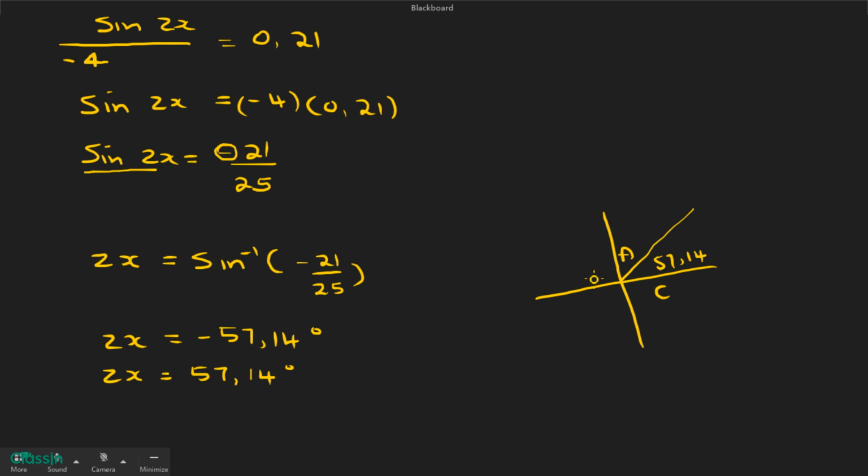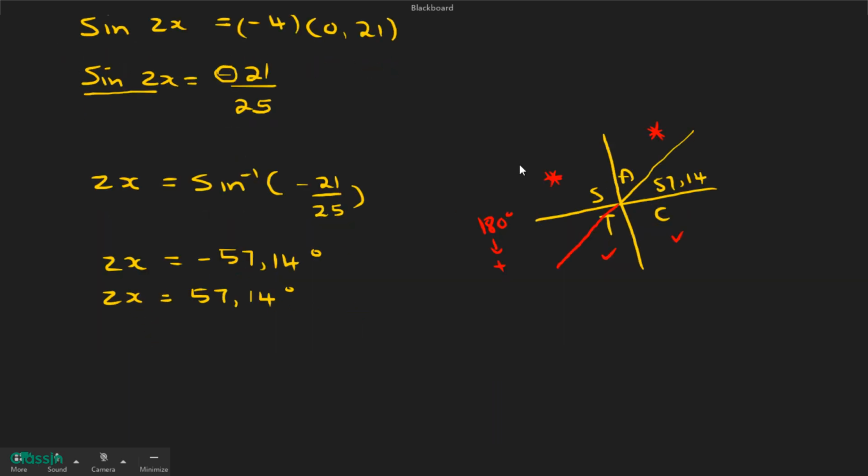According to CAST, sine is negative here and here. So we take 180 degrees, or we are going to add. Because sine is positive on this side, and even on this side sine is positive, so we can't use these two. So therefore, we are going to write our solutions as